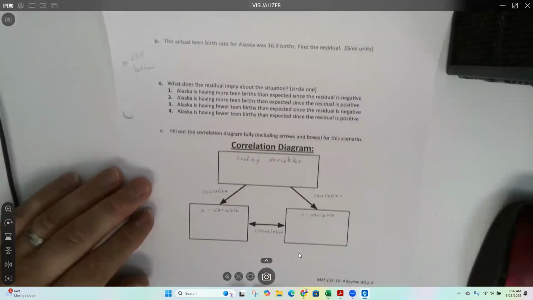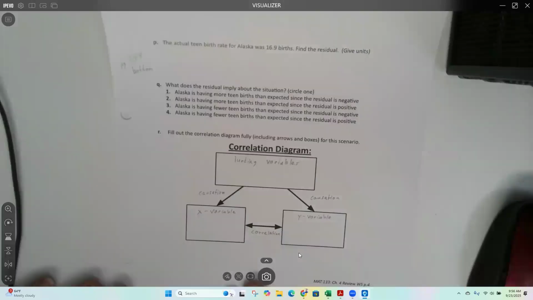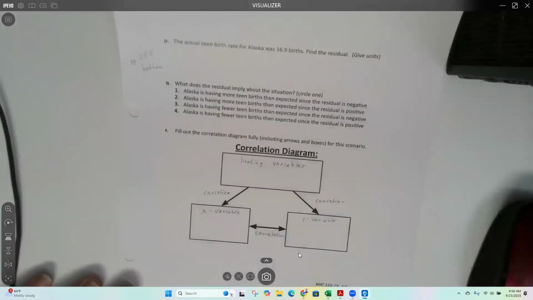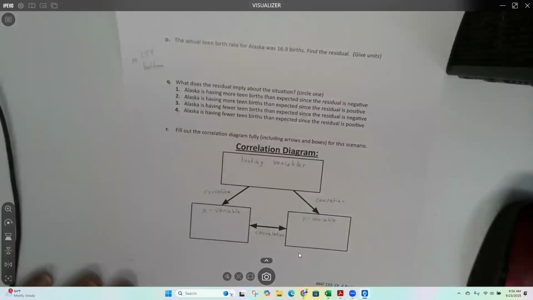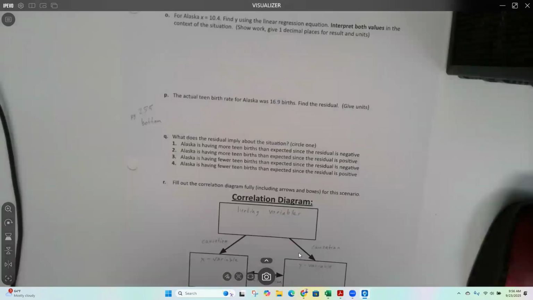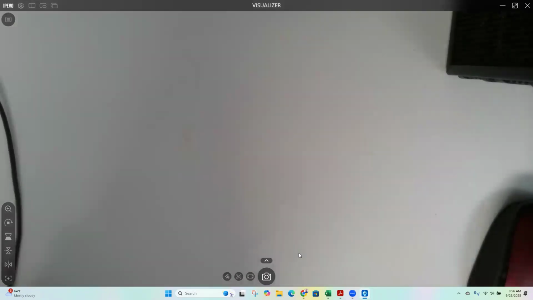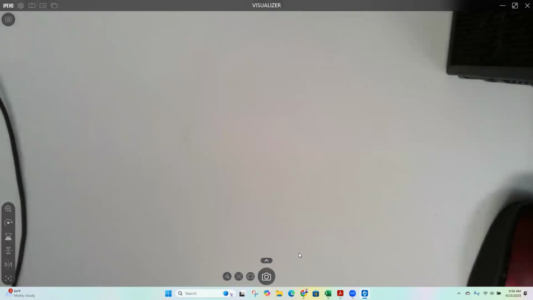So, I think they got rid of that comic, the one about the ice cream and the crime. I liked that one. I thought that was going to be on here, but it's not. I liked that example because it was a good illustration of why correlation does not mean causation. So